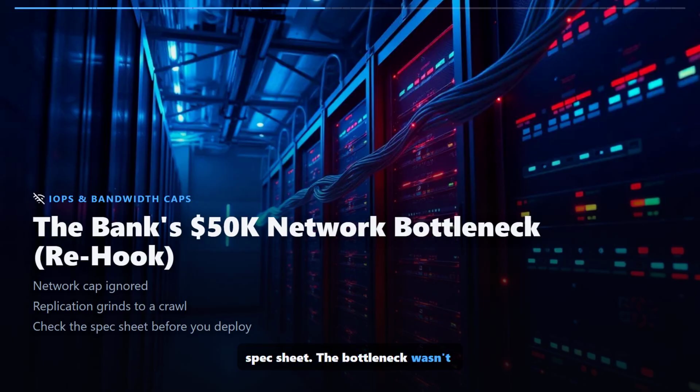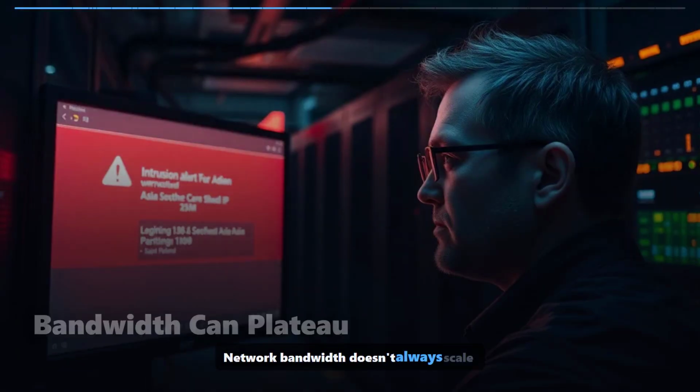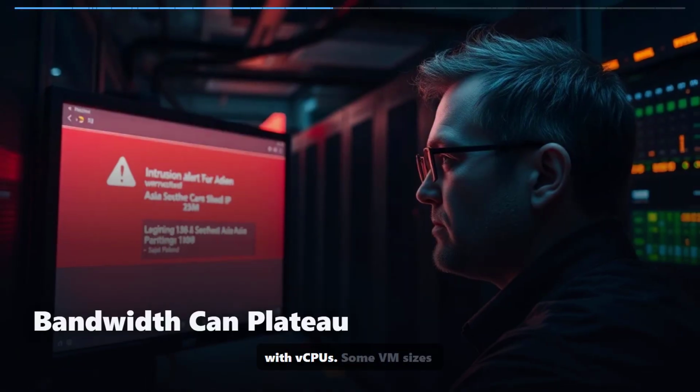The bottleneck wasn't the CPU, wasn't the RAM. It was a bandwidth limit they never thought to look at. We'll show you exactly how to check that number before you deploy. Network bandwidth doesn't always scale with vCPUs. Some VM sizes share the same cap regardless of how many cores you pay for. Before you cluster anything, check the maximum network bandwidth for your chosen VM size, or you'll choke replication the way